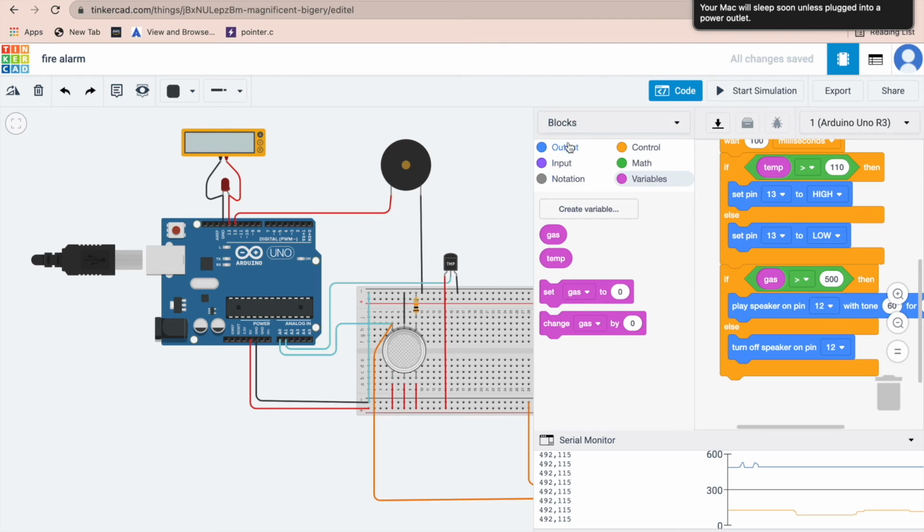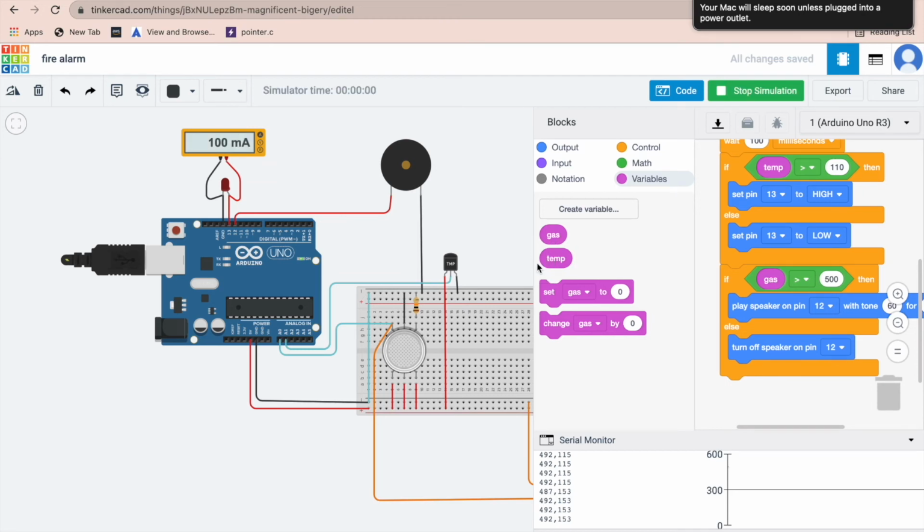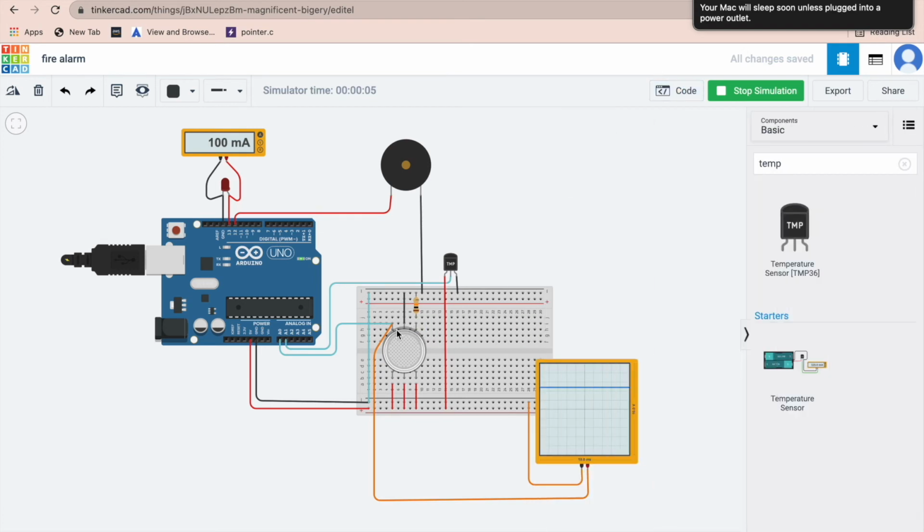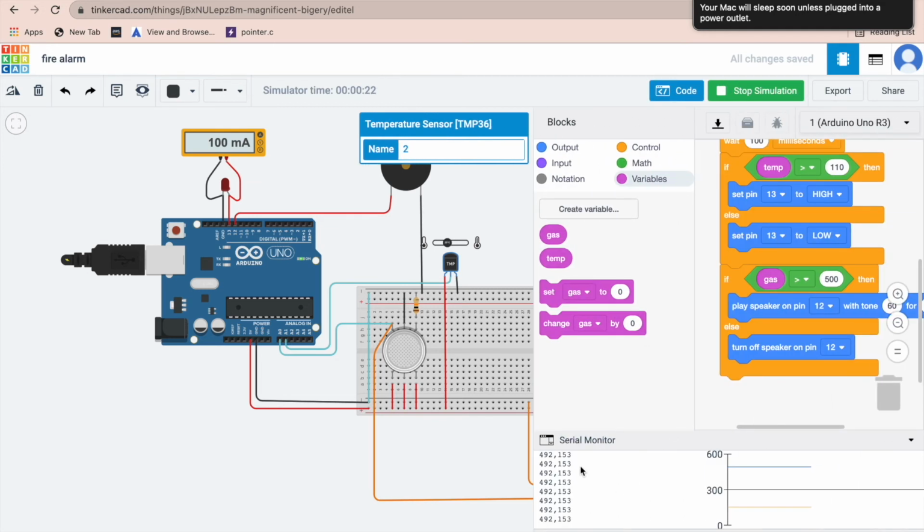So now coming to the simulation part, we will start the simulation. Let's wait for the simulation. Now you can see the initial measure of this ammeter is 100 milliampere. It means the temperature is greater than 100, it is 153.